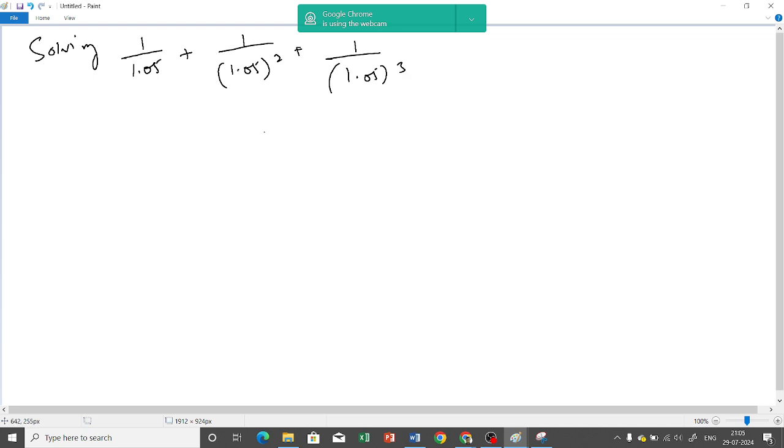Okay, this looks easy, but it's better that we do it with the GP series. So what is the first term? The first term is 1.05, the common ratio is